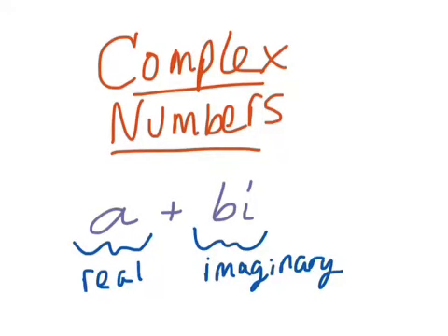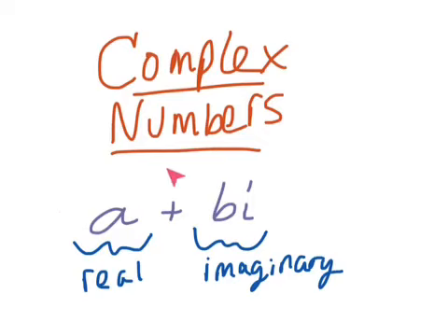Alright, so continuing in the realm of imaginary numbers, we get to what we call complex numbers. Now, a complex number is simply an expression that is a combination of a real number and an imaginary number. So, a lot like combining terms in the real number system, imaginary numbers and real numbers cannot be combined in that they cannot be added or subtracted. So when dealing with expressions that have both real numbers and imaginary numbers, they can always be simplified